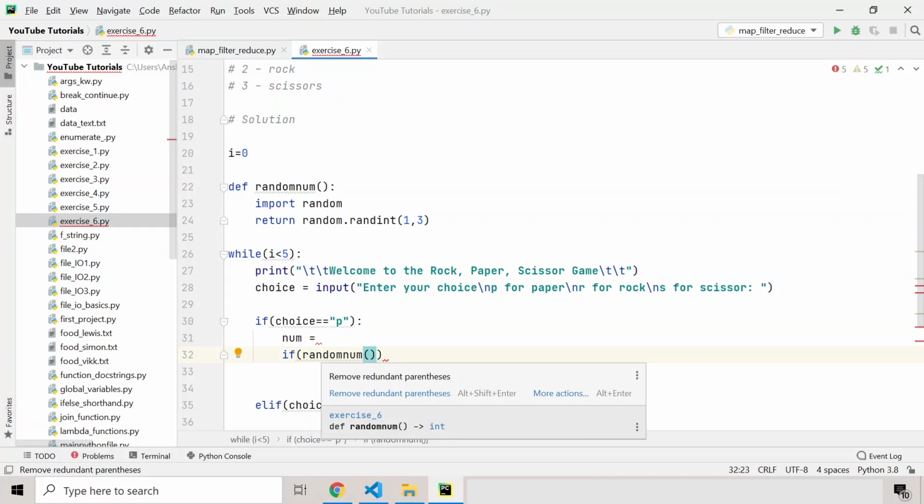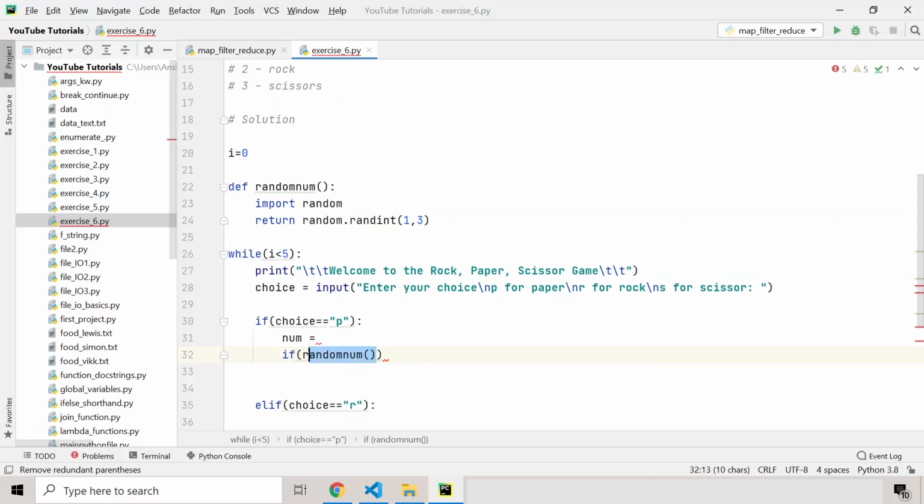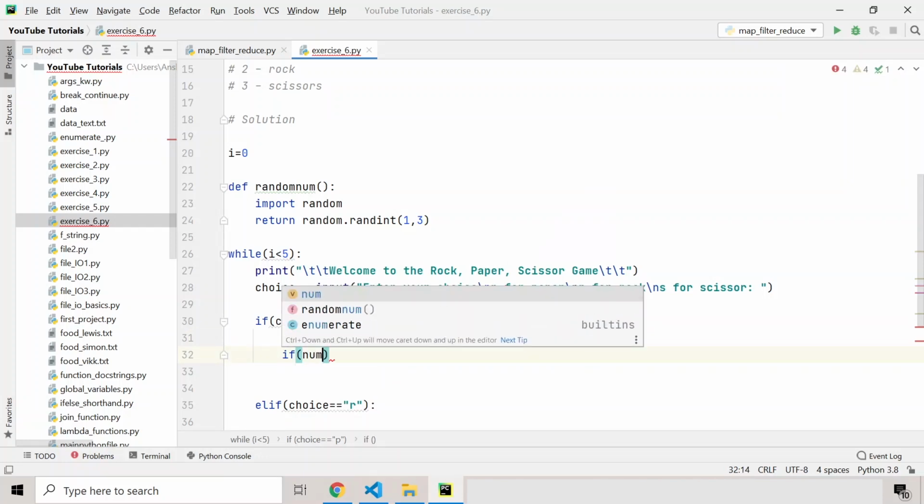But guys, when you put this random_num inside the if and elif statements, what the program does is that when you put the function name with the brackets, it calls the function again and again, and many random numbers will be generated and different results will be coming. So we'll have to store it into a variable named num, and this function will be called only once. So I'm going to write num = random_num, and after that I'm going to write if num